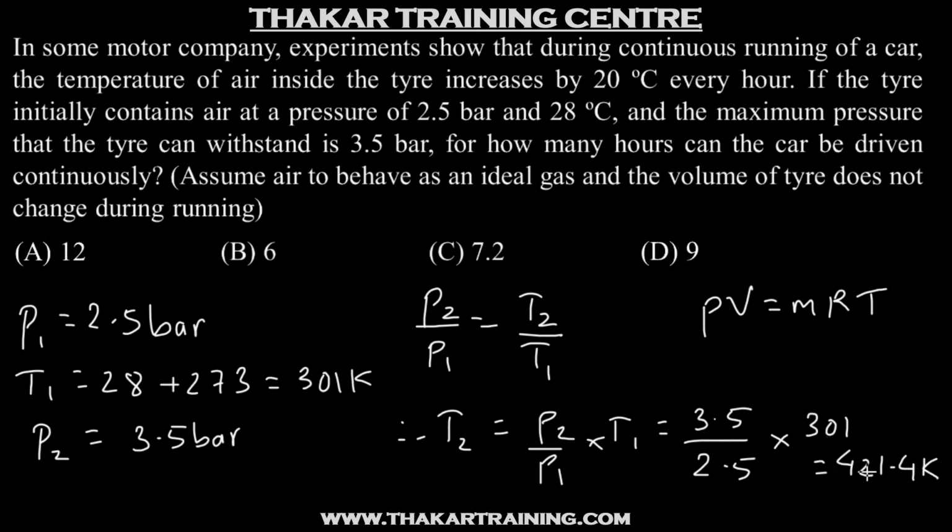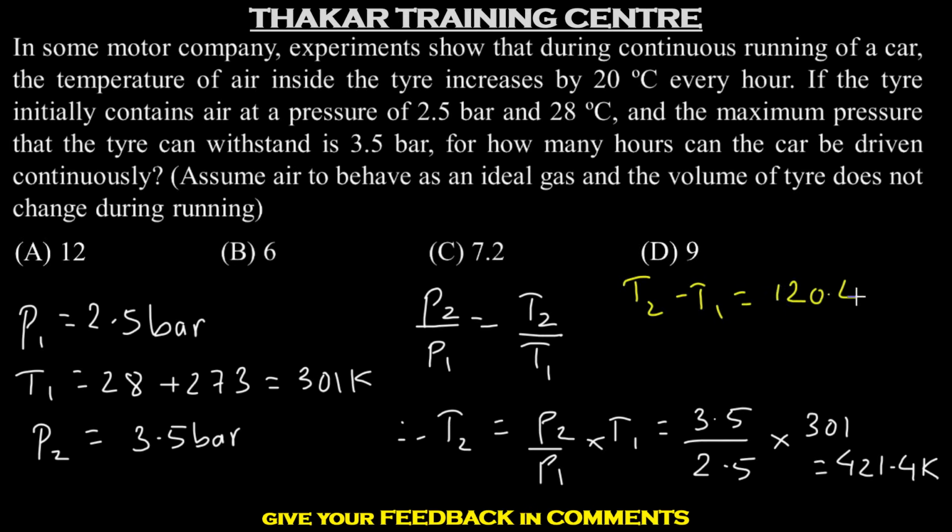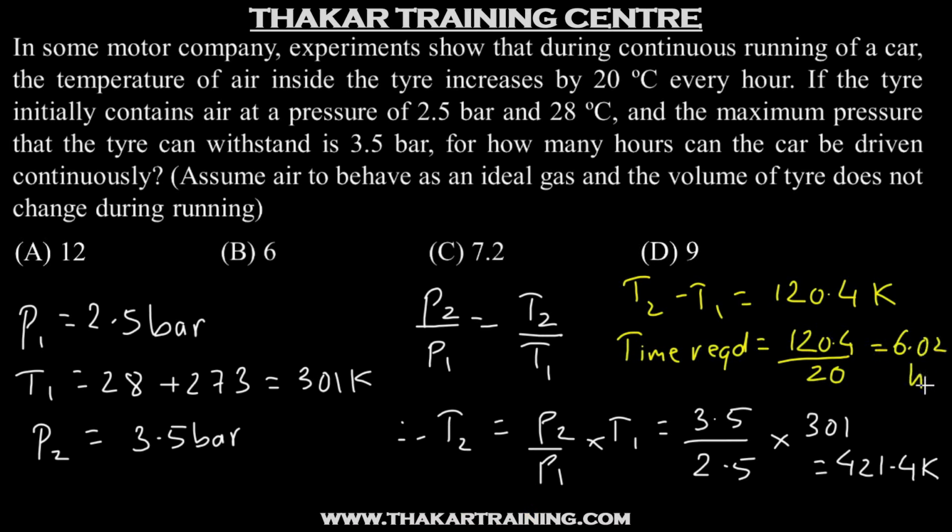to reach this temperature. So we have T2 minus T1 is 421.4 minus 301, which will be 120.4 Kelvin. And every hour the temperature increases by 20 Kelvin. So how many hours will it take for the temperature to rise by 120.4 Kelvin? So the time required for this temperature change will be 120.4 divided by 20, which will be 6.02 hours. So this means that if the car is driven continuously for 6 hours, knowing that every hour the